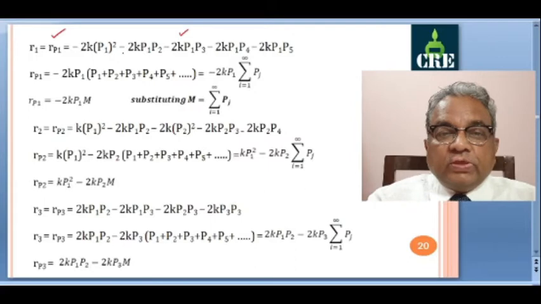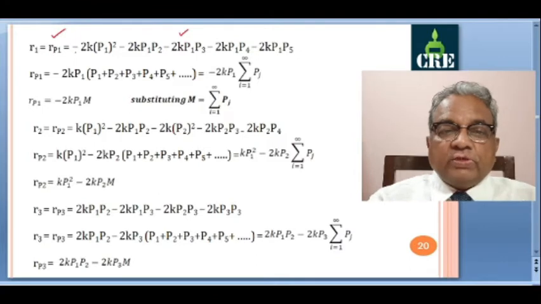So all these terms are appearing in the rate of disappearance term. And here we are writing rate of formation. There rate of disappearance, these terms are positive. So rate of formation, we are making all these terms as negative.